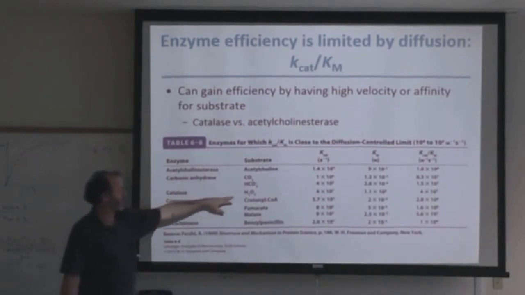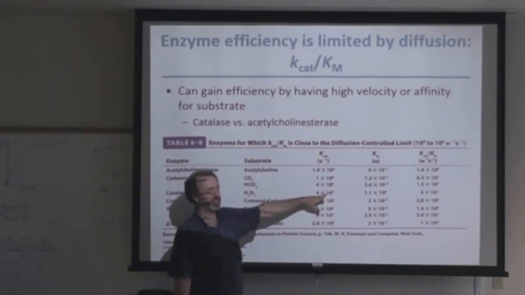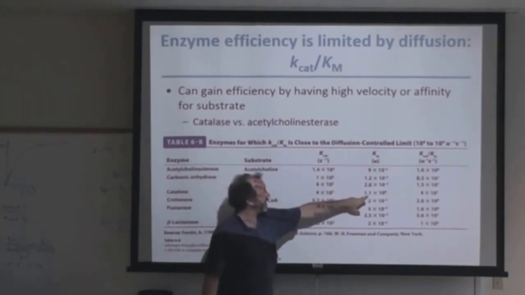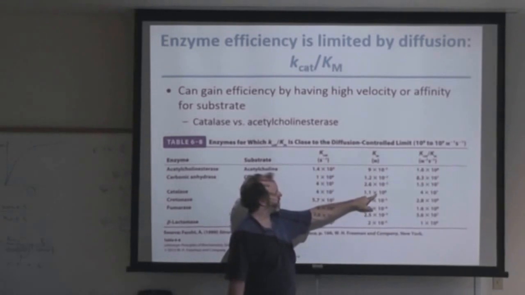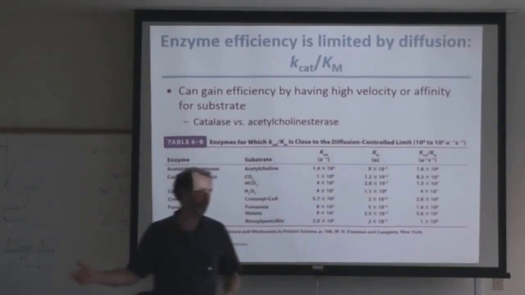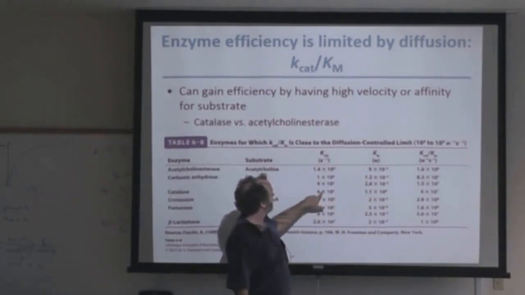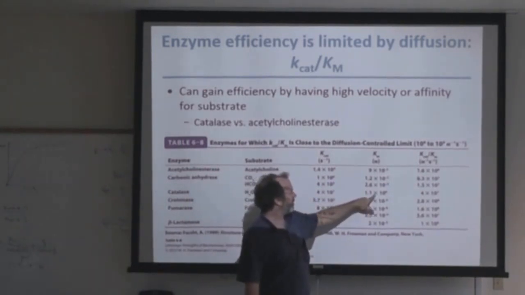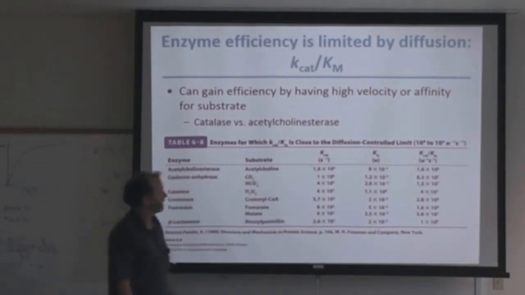If you look at catalase with H2O2, basically that's 4 times 10 to the 7 Kcat. What is that? 40 million molecules per second that it'll convert. Whereas look at its Km, 1.1 molar. So is that a high affinity or low affinity binding? Low. So remember, big Kms equal low binding affinity. Really small Kms like this, really high binding affinity. So this has a really large Kcat and really low binding, but it's still almost as efficient as acetylcholinesterase. So it shows you how two different